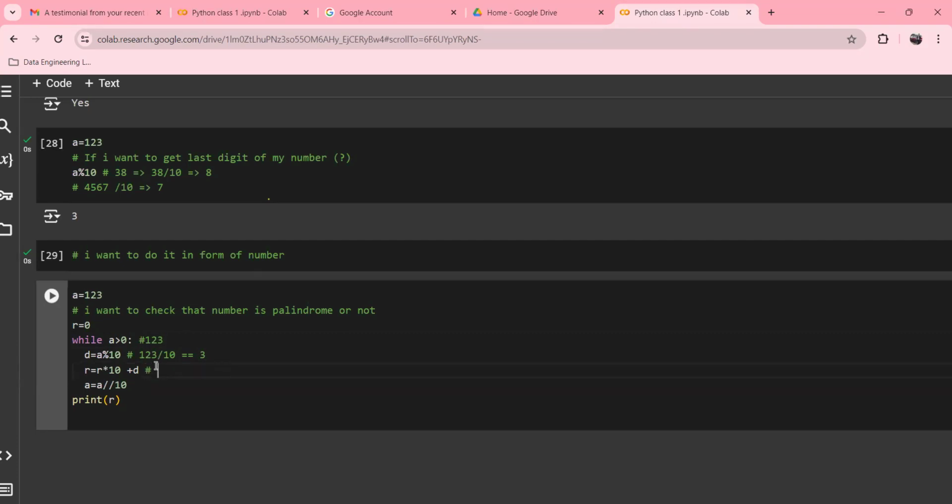In the third line, r is basically 0 at the starting. So r is equal to 0 into 10, which will be 0 only. Plus d. And what is the value of d? 3. So the value of r in this line will be 3 only. Correct. Now what we are doing in the next line is a is equal to a double divided by 10,